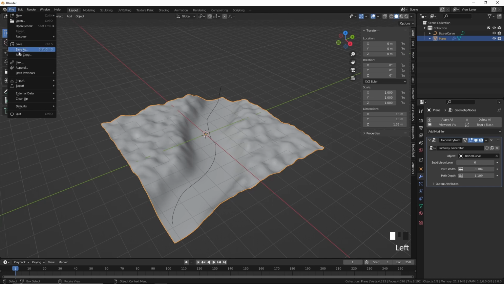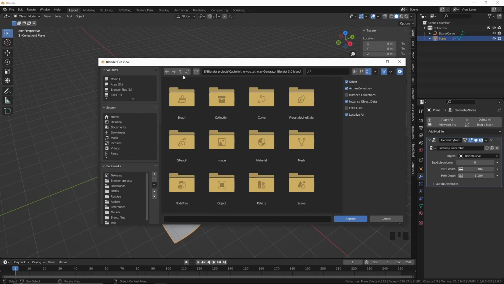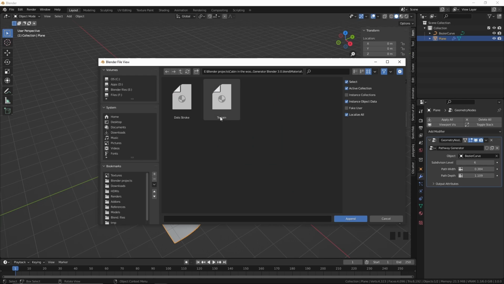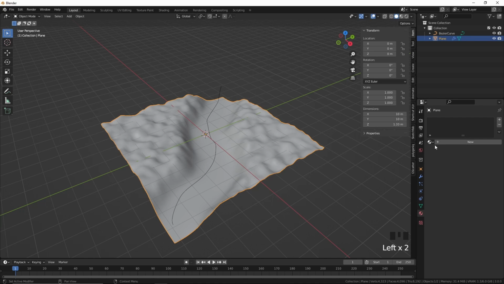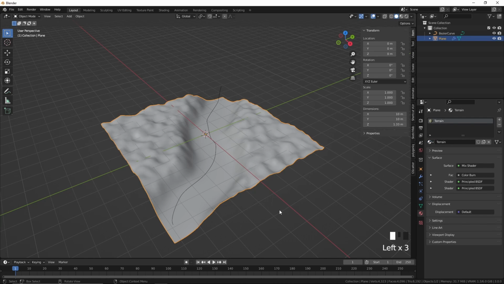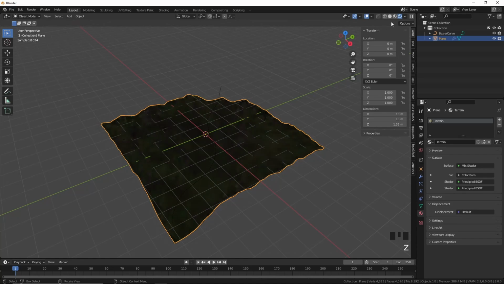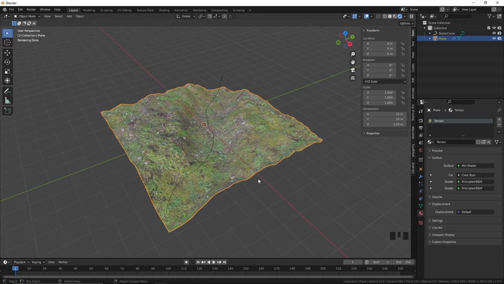So let's go to File, Append. And now let's go into the material and select this terrain material and click append. And now let's give that material to this plane. And now let's go to rendered view and I'm going to use one of the default HDRIs. And you can see that it has a ground material, but the path doesn't have a different material as I showed you. So in order to have this path a different material, what you have to do is you have to go to the modifier properties